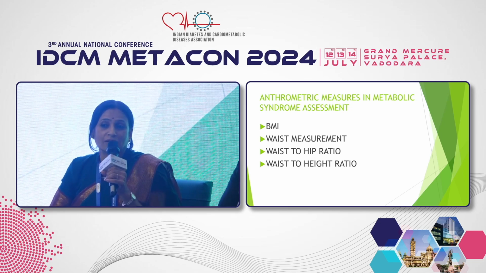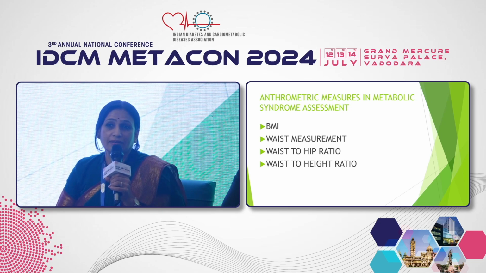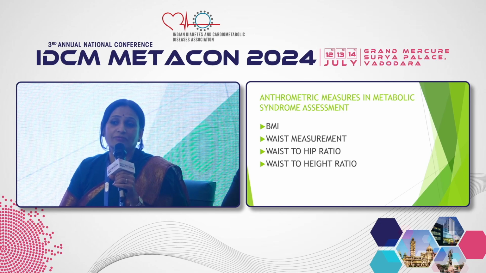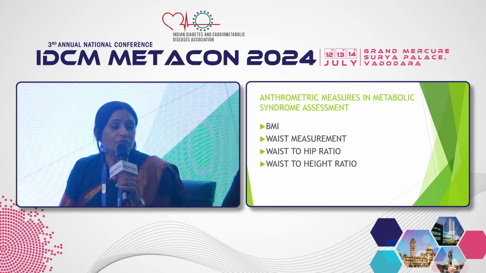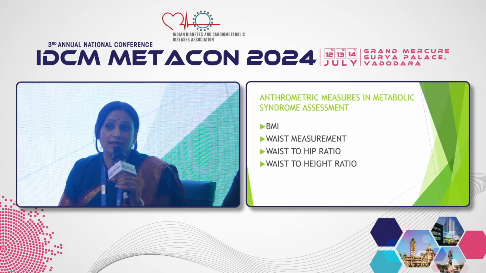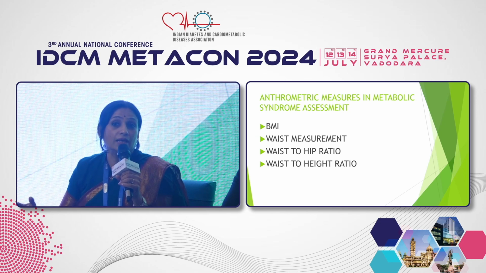Absolutely true. BMI is not useless, but it's a first step for anthropometric measurements. We need to do the waist and the hip circumference. The waist to hip ratio is definitely a predictor. For females, more than 80. If a person is having a patli kamar, that is the ideal. We also have the conicity index, where without any invasive parameters, with the weight, height and waist circumference, you can predict